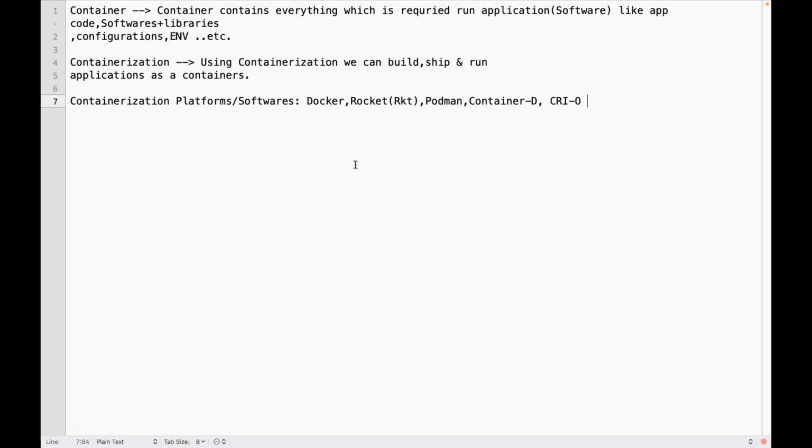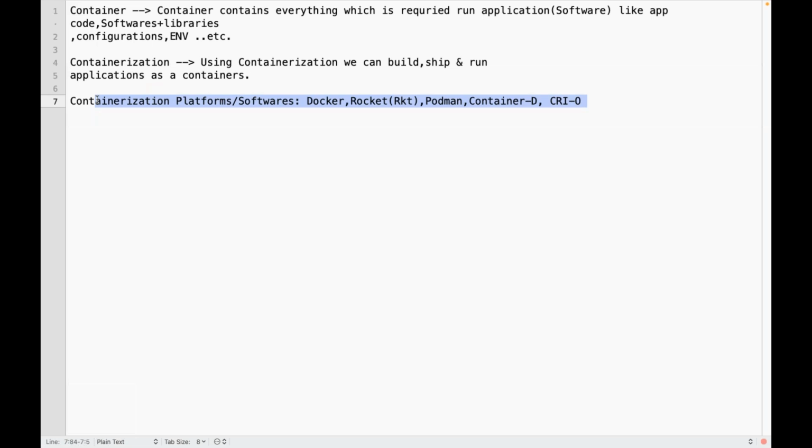So these containerization softwares do the isolation at what level? The hypervisor will virtualize at the hardware level. With containerization software like Docker, Rocket, Podman, Containerd, CRI-O, whatever it is, the isolation happens at the software level, the OS level. Yesterday we already discussed what a hypervisor, a container, and a virtual machine are. Too much theory will bore, and we already covered these things, so I am just trying to recap.